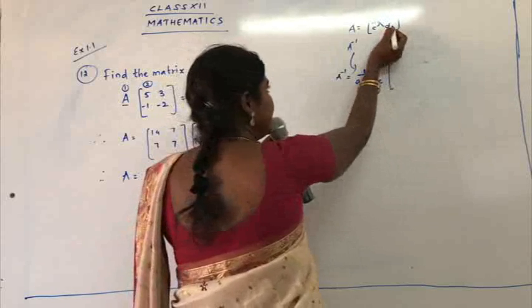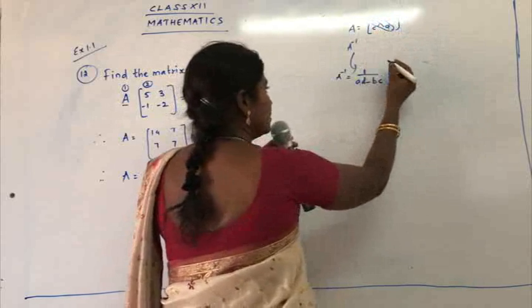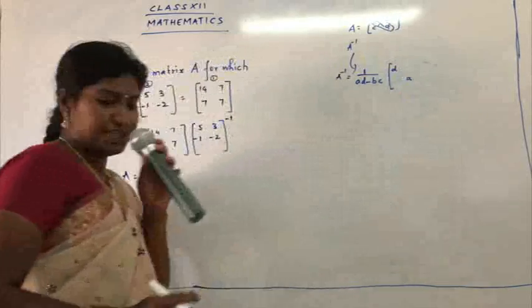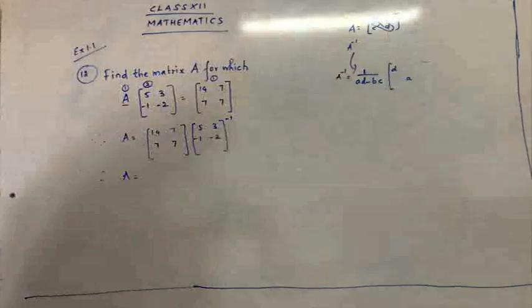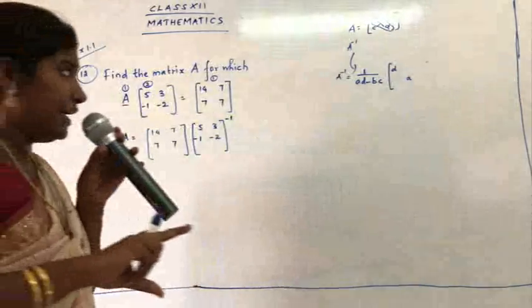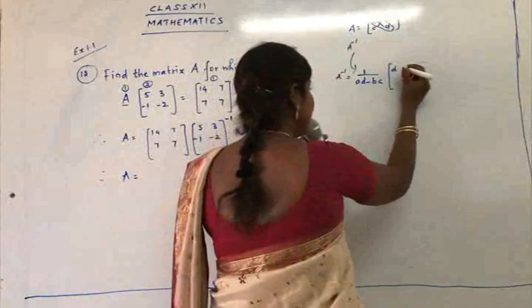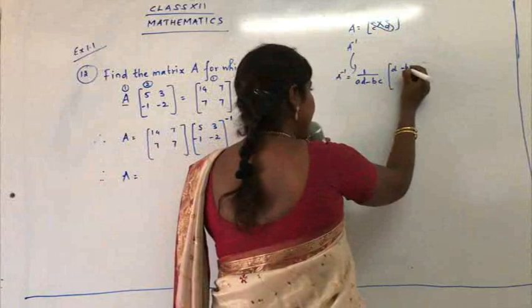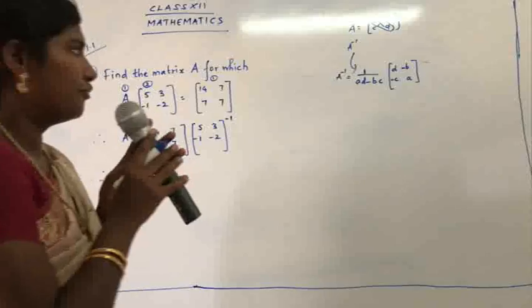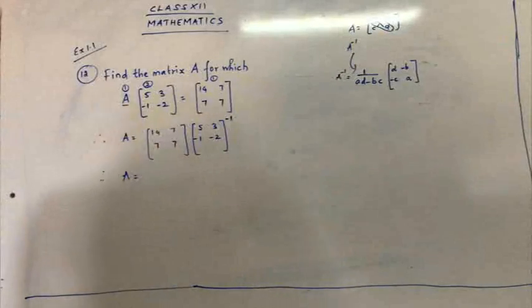Now the next step is to interchange the first and the fourth element. So this becomes D, A. Just interchanging the first and the fourth element, A and D get exchanged. Now the second and the third one, we have to just change the sign. So this becomes minus B, minus C. So what's the formula for A inverse? It's 1 upon AD minus BC.